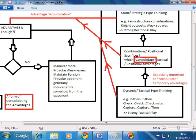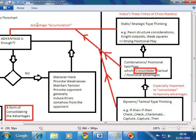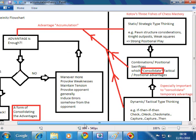I kept these thoughts to myself, but then I stumbled across a Suetin article from Encyclopaedia Britannica, where he also emphasizes that in the Russian school of chess they're particularly fond of positional sacrifices. And I just see them now as perhaps a key way of capturing advantages which otherwise would disappear, but also used in the context of advantage accumulation. In which case,